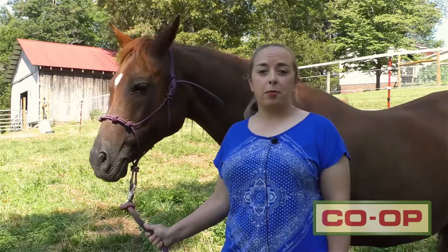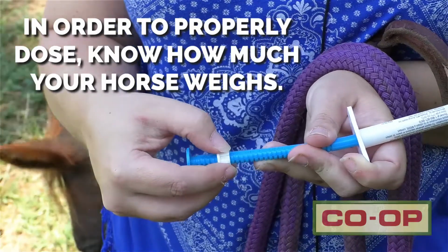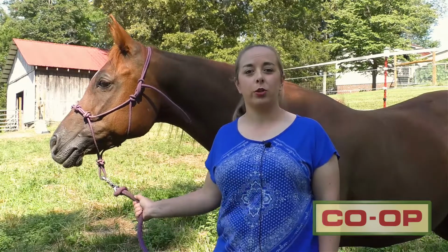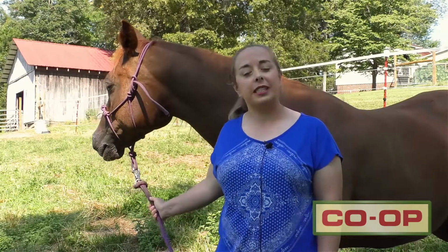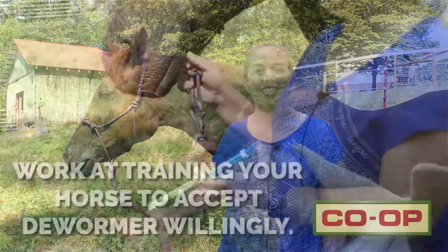The second important part about deworming is knowing how much your horse weighs so that you can dose that horse properly. For example, Ariel here weighs just under 900 pounds, so we want to make sure to deworm her for a 900 pound or 1,000 pound dose. You can determine your horse's weight using a scale, a weight tape, or a calculation based on the horse's length